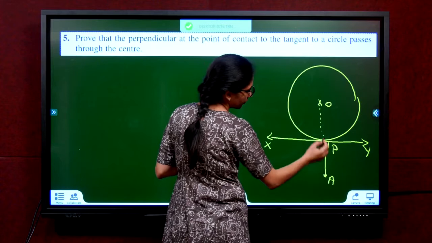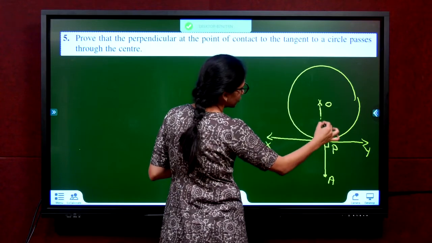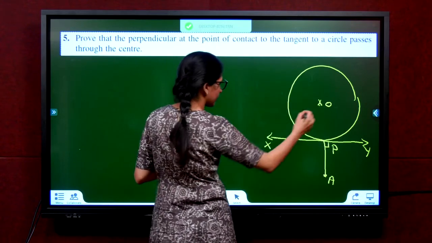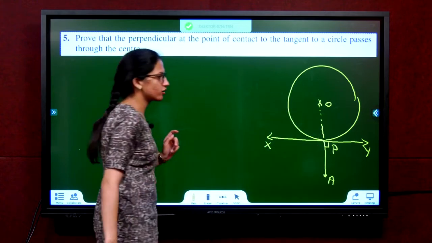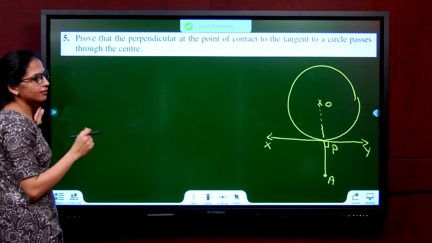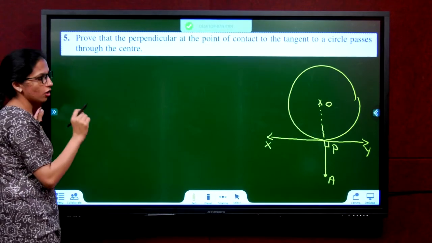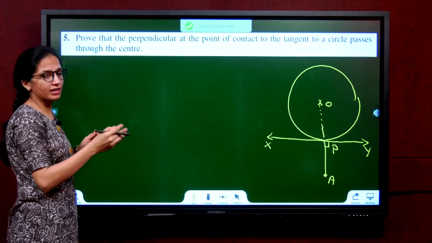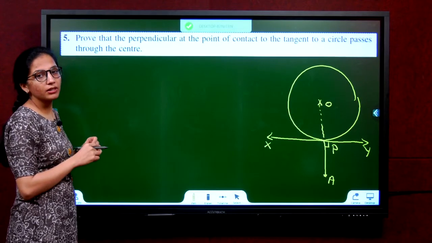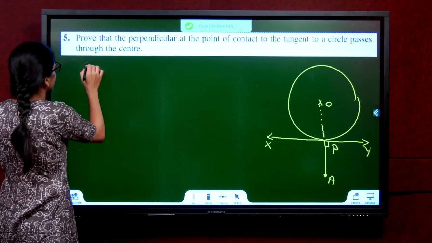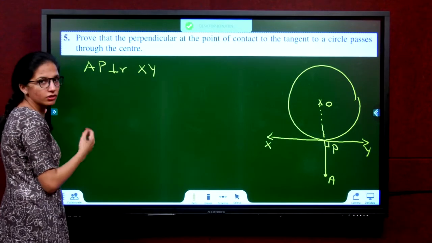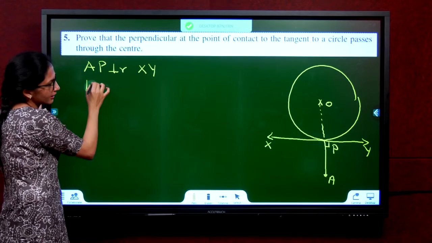So let us assume, for now we have to show that, we don't know that. Let's assume this AP is not a straight line, we don't know if it's the same line. So we don't know if it's passing the center. But if I join O to P, OP is the radius, yes? So first what will you write down? Write down, consider a circle with center O. Draw a tangent XY to the circle and let the point of contact be P. Let AP be the perpendicular to the tangent. Now, we know that AP is perpendicular to XY because it's given in the question. So, therefore, what is angle APY?